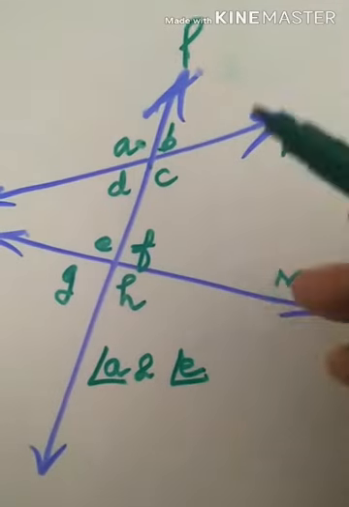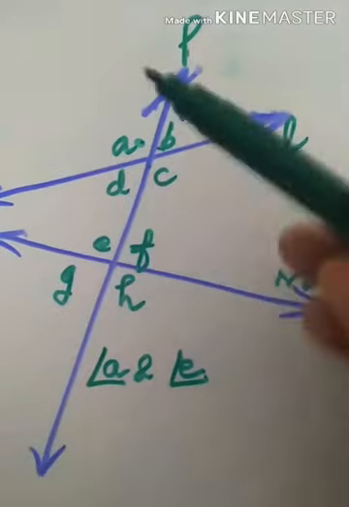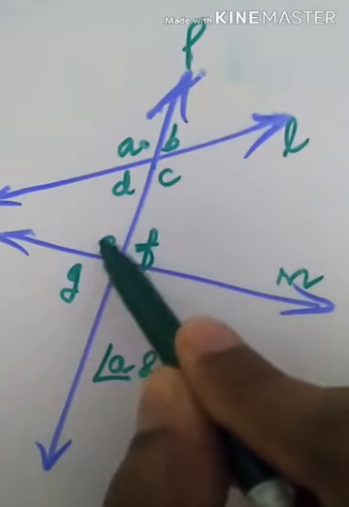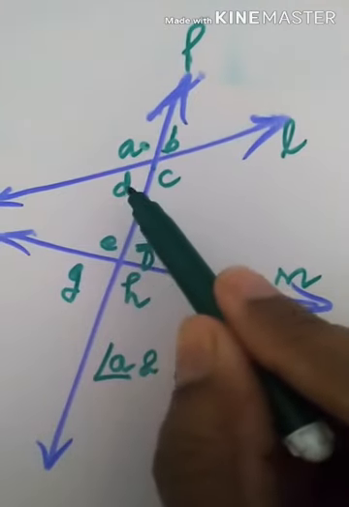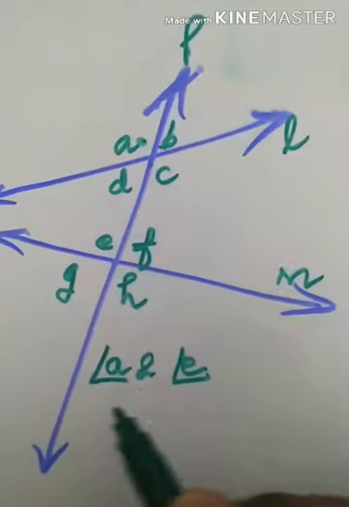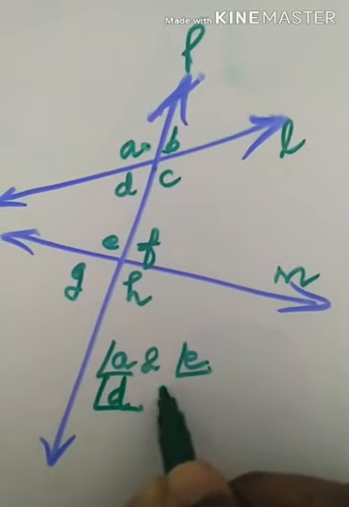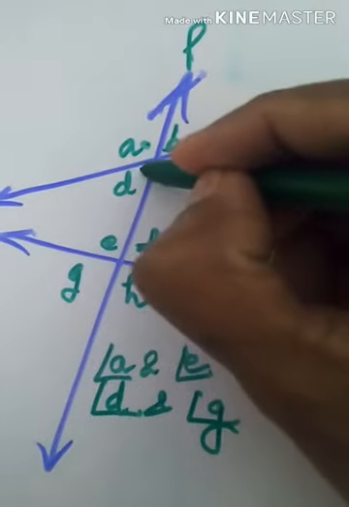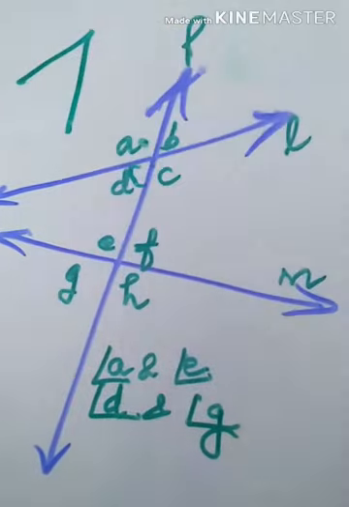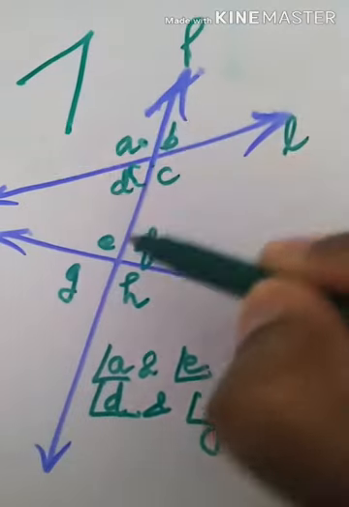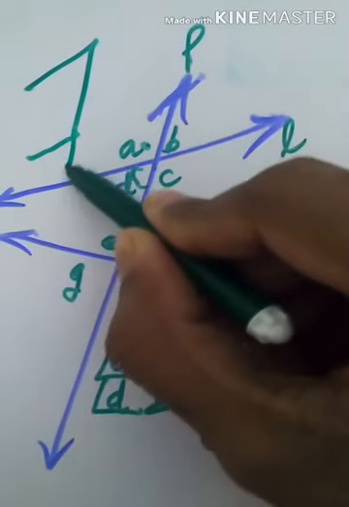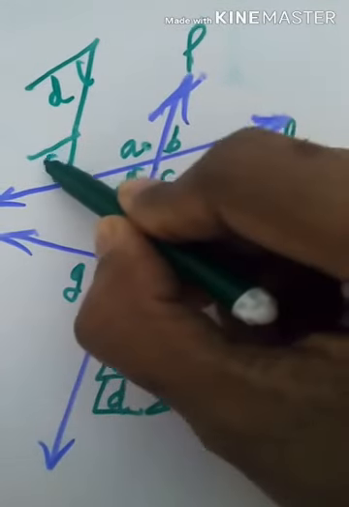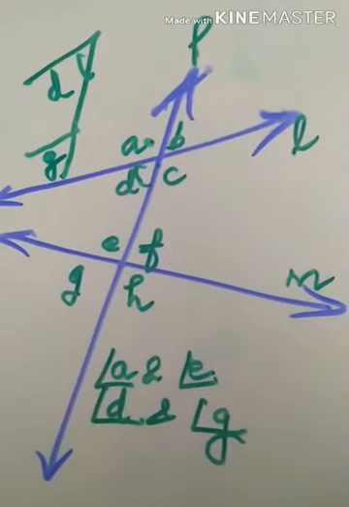Let's talk about the second pair of corresponding angles. I'll talk about the left side angles only first. Then angle D, you will not take the next one, you will take the angle which comes after that. D and G. So the next pair of corresponding angles is angle D and angle G. Once again check the shape of these two angles. Angle D is this one, so it's somewhat like this. And angle G starts from here. So this is our angle D, and here comes our angle G. Both these are corresponding angles.